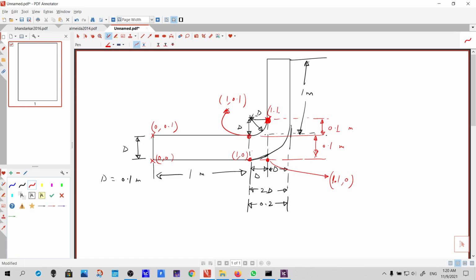1.1, comma 0.2, and for this I can put an arrow so that you can differentiate. So it will be 1.2, and the height will be of course 0.2, and then because of this additional height,